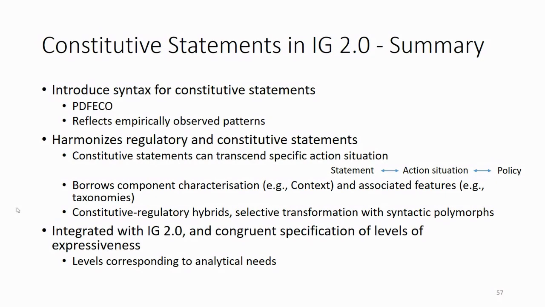But again, and as always, for all cases and all the features that have been introduced in this video series in IG 2.0 more generally, the use needs to correspond to analytical needs. That's a fundamental and central point, because we understand and appreciate that the feature set that is introduced is rather rich and diverse in nature. But again, it needs to correspond to what the fundamental analytical objectives are.